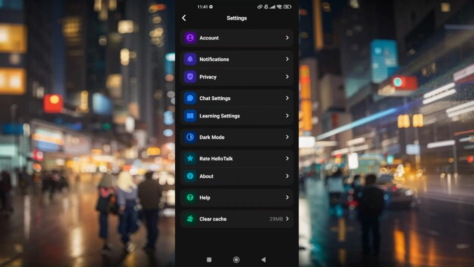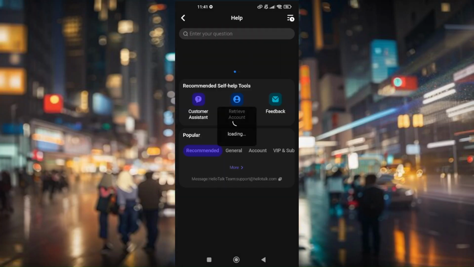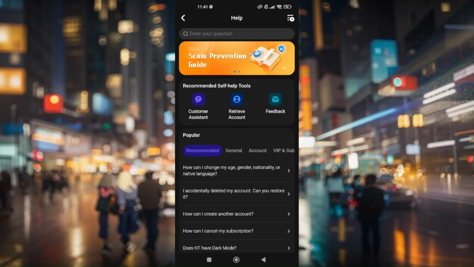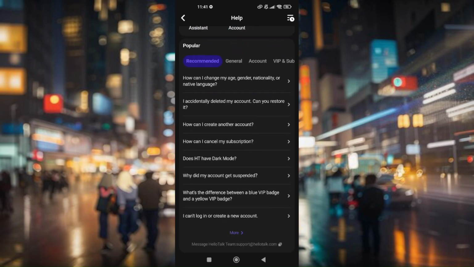Now, there is no actual or immediate button that you can use to directly change your age. So what we need to do right here is coordinate with one of the support team from HelloTalk. To do that, just simply tap on the Help tab. And this is going to be the page in which you can ask for requests and send for any changes